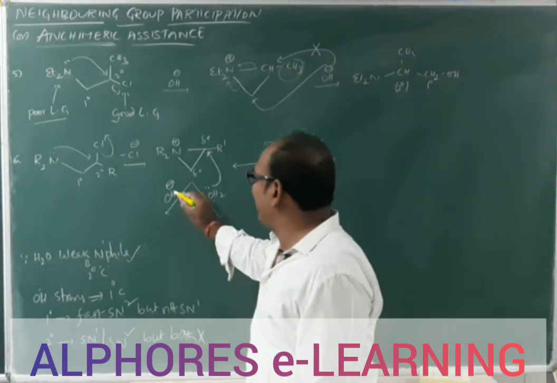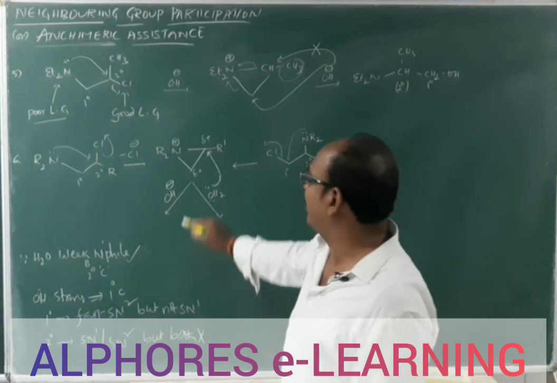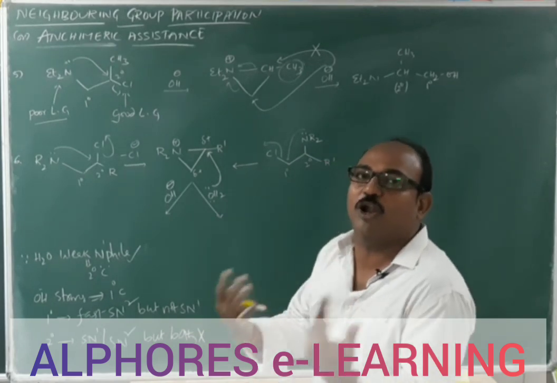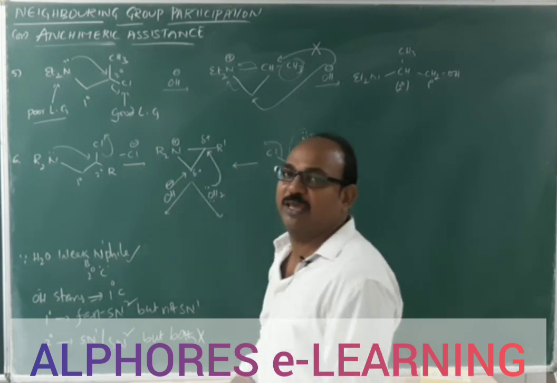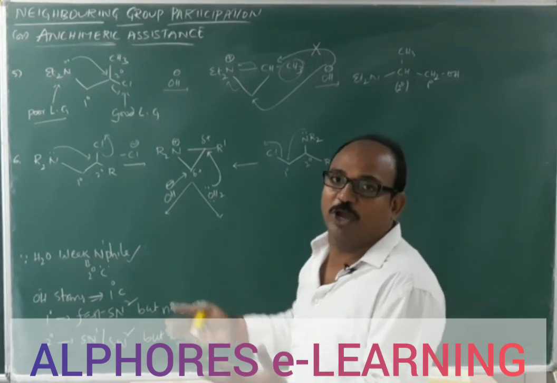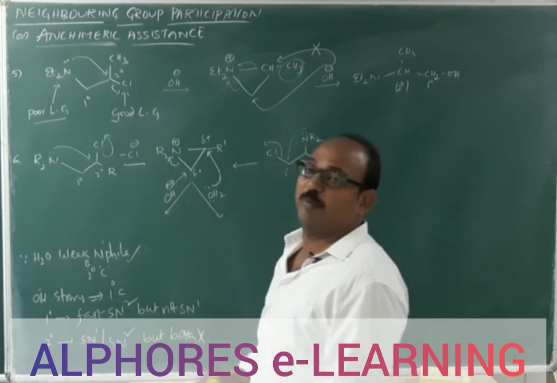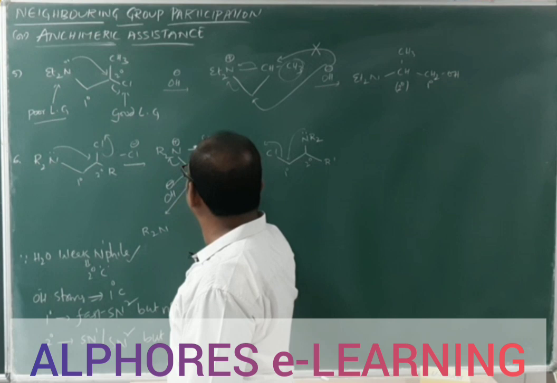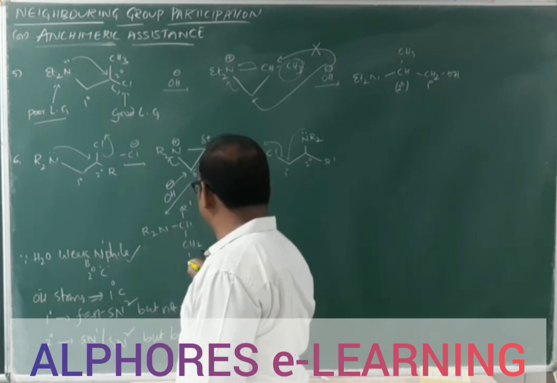Whereas with OH minus, of course the other carbon has less positive charge, but it does not want to attack the hindered carbon because it cannot approach. That's why, by approaching along with its electron pair, it makes this carbon more electropositive, meaning more positive charge. How? Whenever it approaches this less hindered carbon, these electrons get pushed back. So with respect to OH minus, you are getting R2N, then CHR', and then CH2OH.